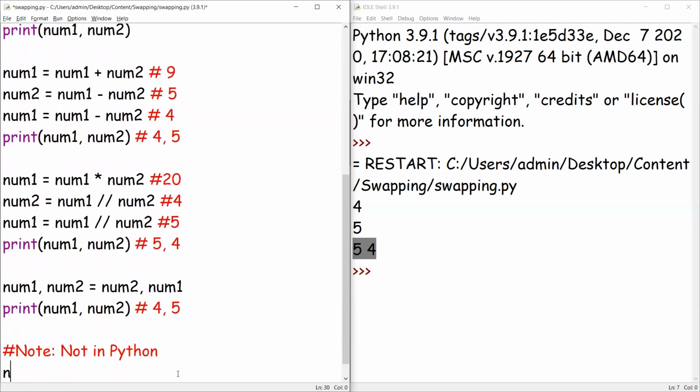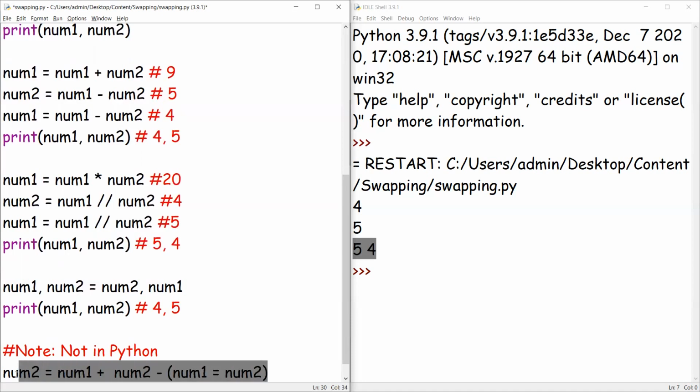So here the single line approach would be num2 equals num1 plus num2 minus num1 equals num2. So this is a single line approach that works in C, Java and any other programming language as well. But it is not used in Python. Here we get an error when you try to use this method.